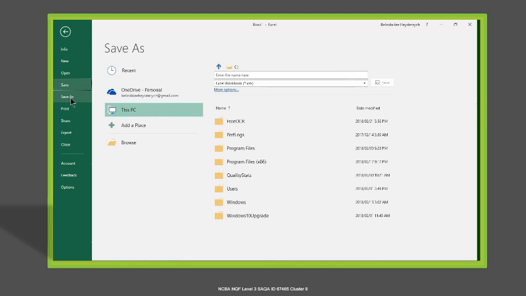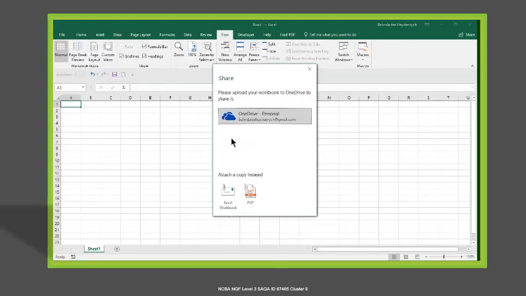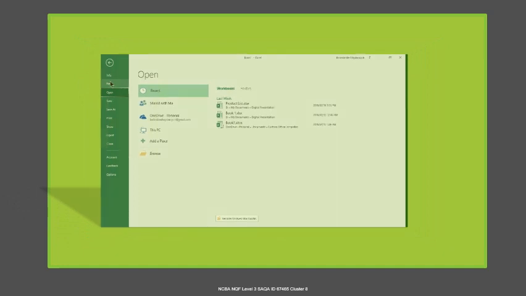If I have saved this document before, but I don't want to save it with the same name because I've just made a couple of changes and I've used a predefined document as an example, then I will click on the Save As option and change the name. I'll type the name in here, make sure that my extension is correct, click on Save, and make sure that I am in the directory where I actually want it saved. Then if I click on Print, I get all my print options. My sharing options will take me to another screen where I can decide how I want to share it, whether I want to share it with OneDrive, as an Excel workbook, or attach it as a PDF to send to somebody. That will help in cases where you need to attach it to an email. Then I have my